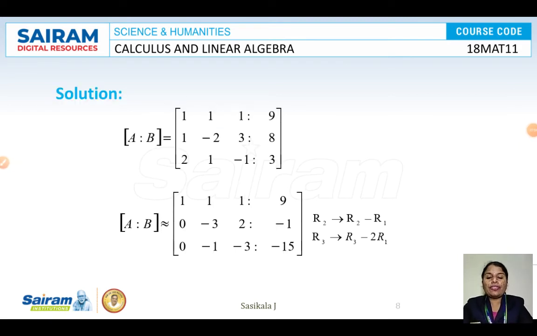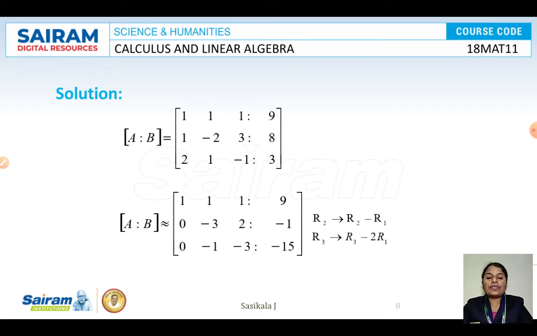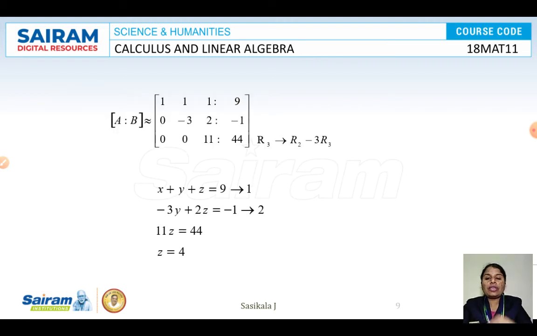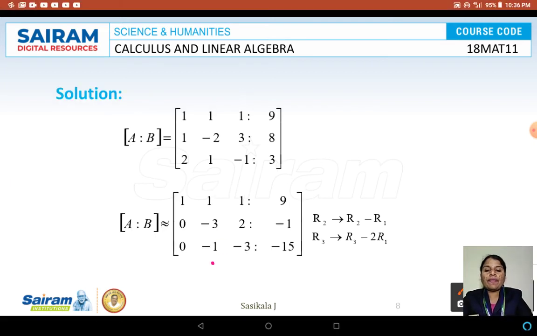As per this step, I need to convert the second element of the third row to 0. For that I'm supposed to use my second row. You can see that I have minus 3 here, so I can multiply with 3 and do the relation. So R2 minus 3R1, you multiply with 3. What will you get? I'll get 3, then 3 3s are 9, 3 15s are 45. I just multiplied, so the signs remain the same, isn't it? Minus 3, minus 9, minus 45.